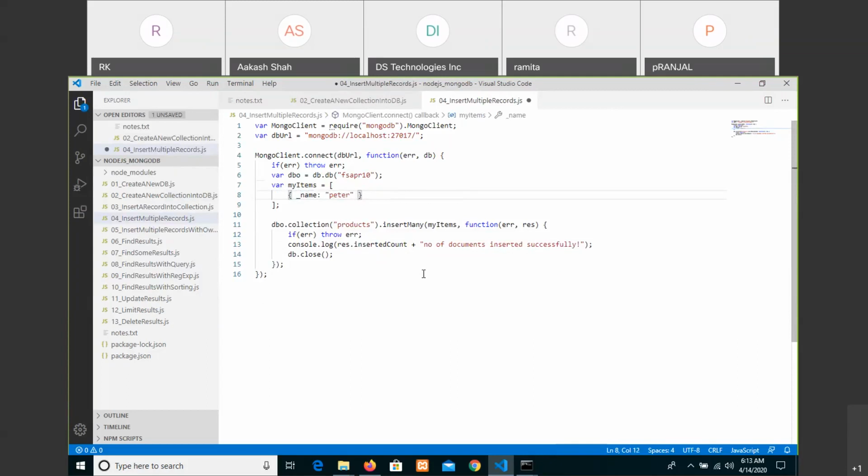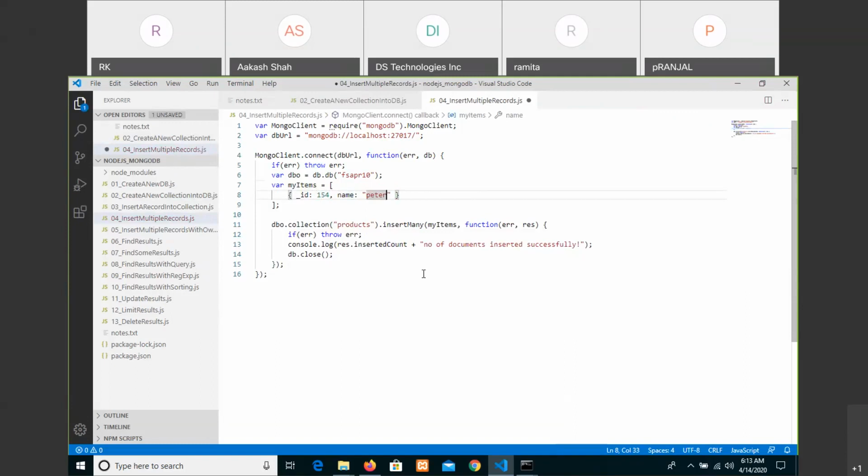The rest of the columns are your own that you can write, but the ID should be mandatory, exactly underscore ID only, which should match the default column of MongoDB. So underscore ID, and I'm just writing an ID and name.